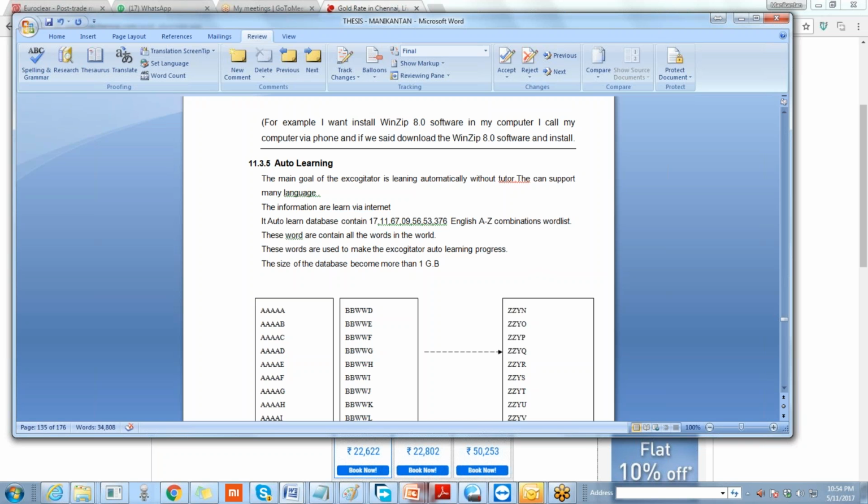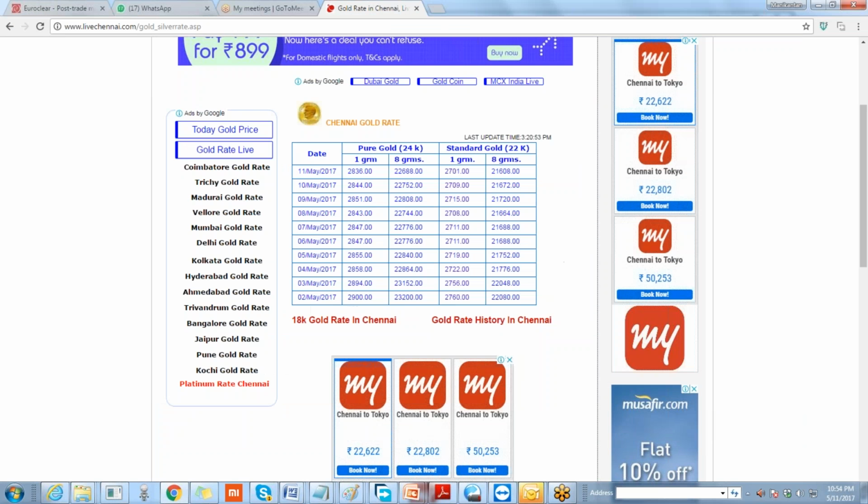Okay, 17 power of some 10 or 15, that kind of combination of word database. The database size is just 1 GB, but only the word database. It has a combination of all the words. Okay, for example, if I'm putting into Google,